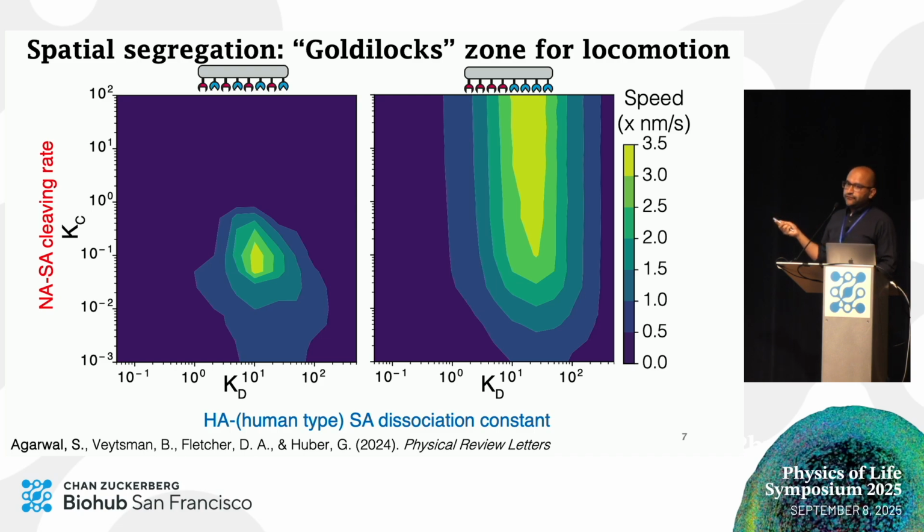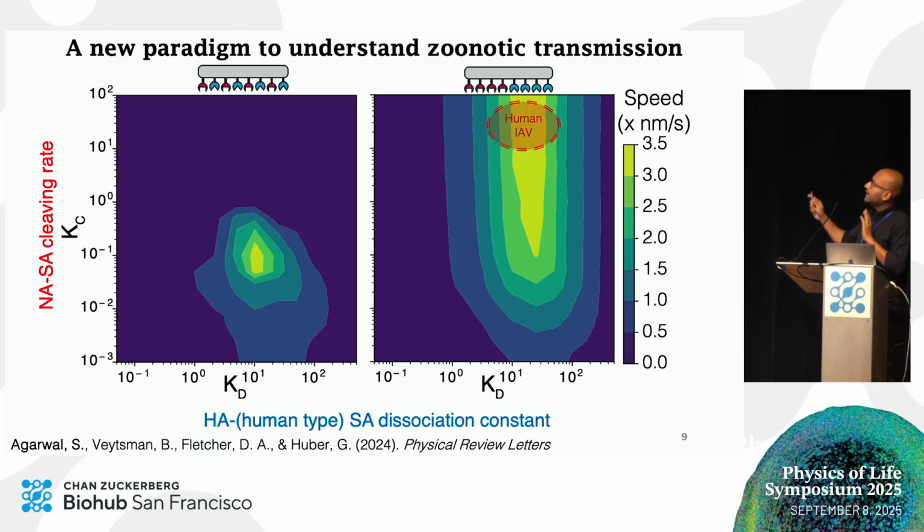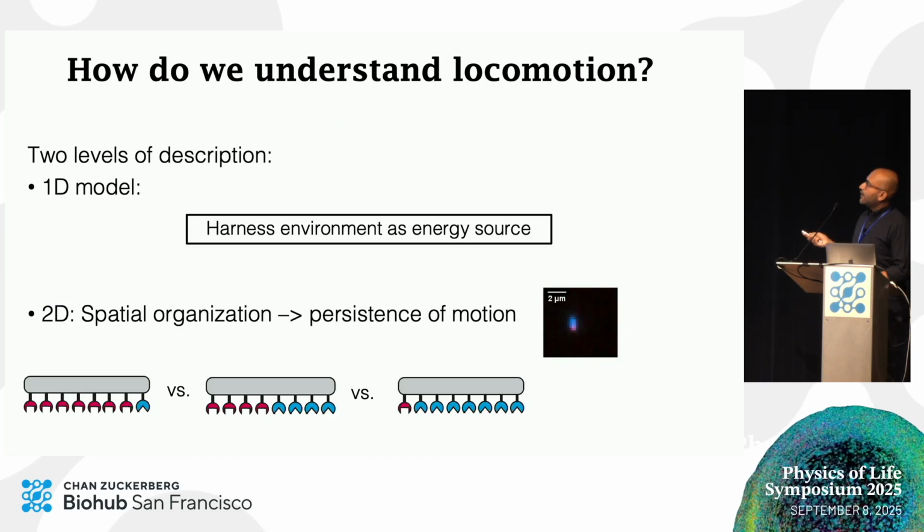Then I took data from human-type influenza strains binding to human-type receptors from independent experiments, and I plotted where they cluster, and they cluster very nicely on this predicted zone for locomotion. Now, if you take avian strains binding to human-type receptors, they cluster outside it. So this 1D model explains how influenza viruses harness their environment as an energy source to move, to get to